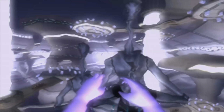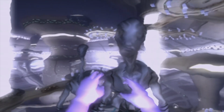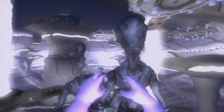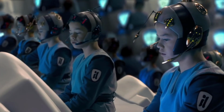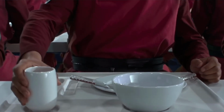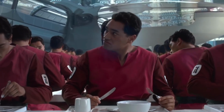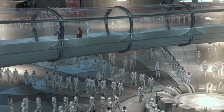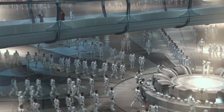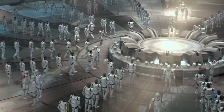Well, this is exactly the problem that the designers and builders of the Grand Army of the Republic faced in the immediate prelude to the Battle of Geonosis before the outbreak of the Clone Wars. They were building a massive army on Kamino that had to be kept in absolute secrecy, but they needed to supply and outfit this army with vehicles, armor, and equipment, and they had to be able to get those vehicles, armor, and equipment from the manufacturers, which were not located on Kamino, to Kamino in great numbers and in relative